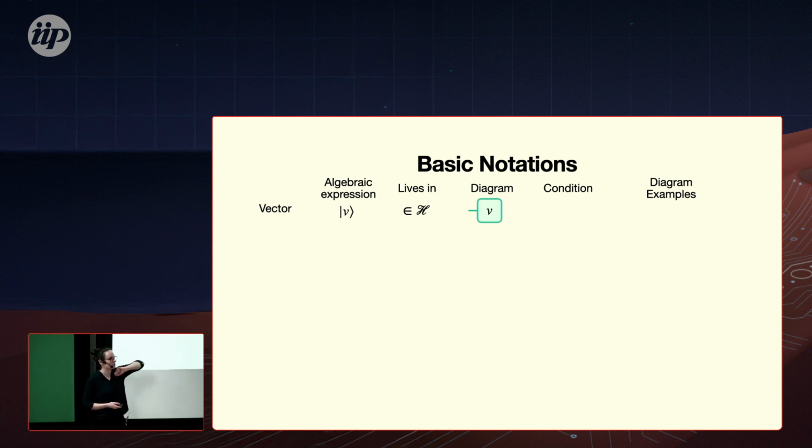And now I will already start to introduce you to this diagram notation, where a vector is just one box with one leg pointing to the left. So when I write down diagrams, I always think in mathematical order, so from right to left, and not as we are probably used to from left to right, so the time order. So always when you see a diagram, how to prepare a quantum state or something, you have to read the circuit from right to left.